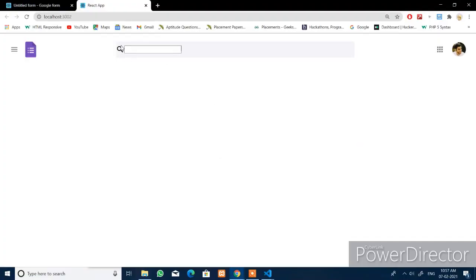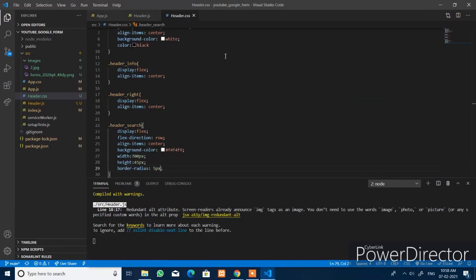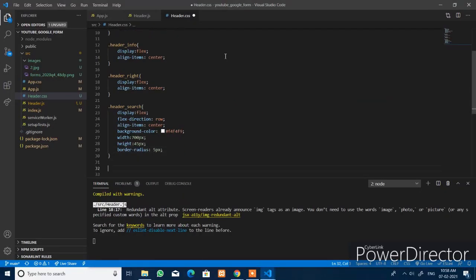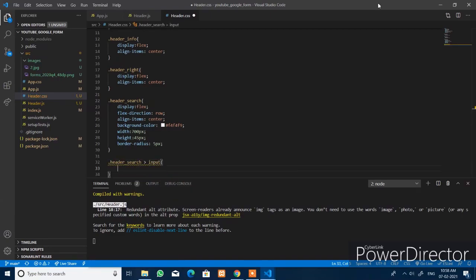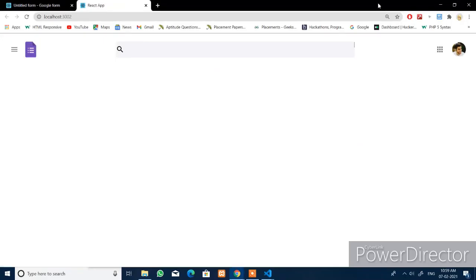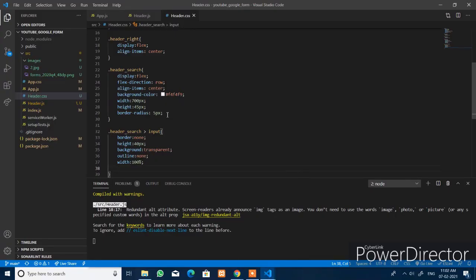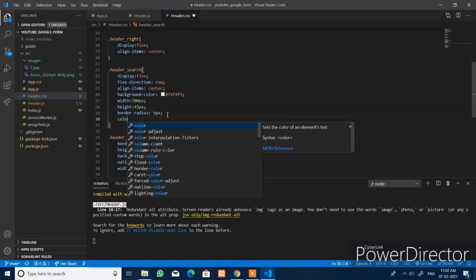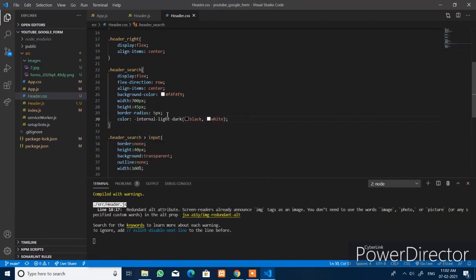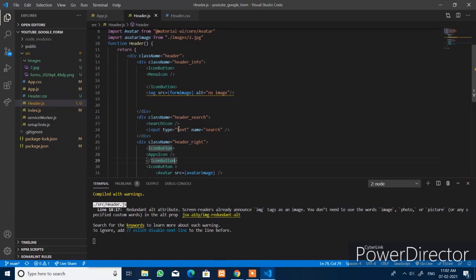Now you can see, look at here, the search bar component is like this, and we will style the input element here. Dot input. Refresh it. Now you can see here is change the color. Color within the icon button element.